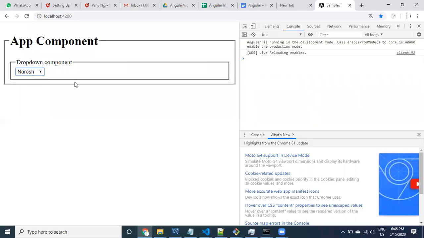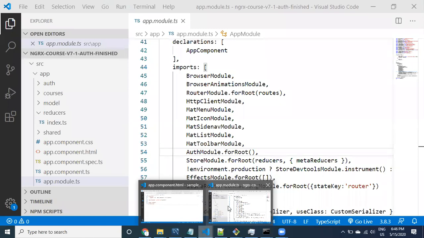So the initial step is that whatever value you have selected, I have to print in the same component. That is the first goal. Let us take the first goal. I want to print the selected value. So what do I want to work with? On select. What is the event here? The event name is the change event.